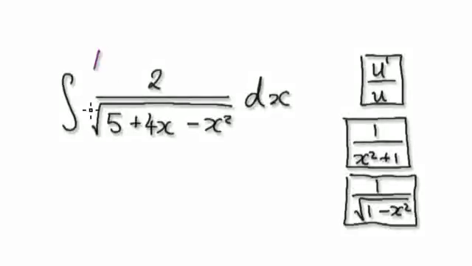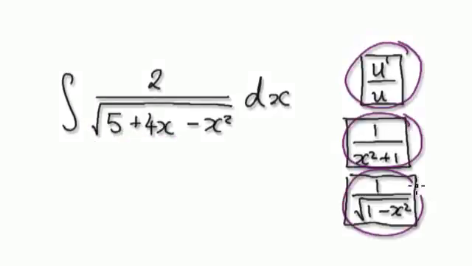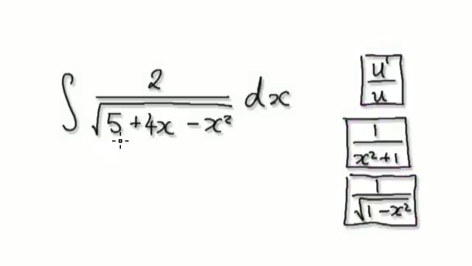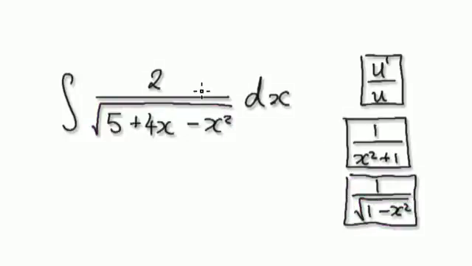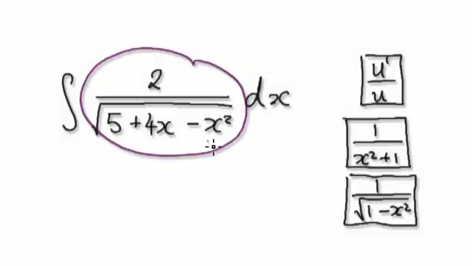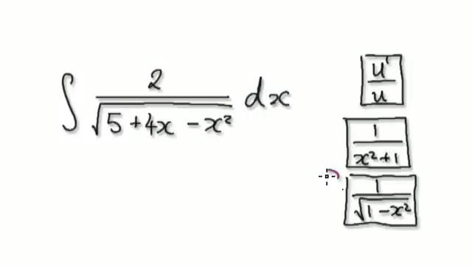Following on from the previous video, I asked you to integrate this. And I also asked you to keep an eye out for this, and try and keep an eye out for this. So if you look at this here, because of this square root here, we should be aiming for this here, because there's a square root here. So somehow try and get from here to somehow write it in this form,